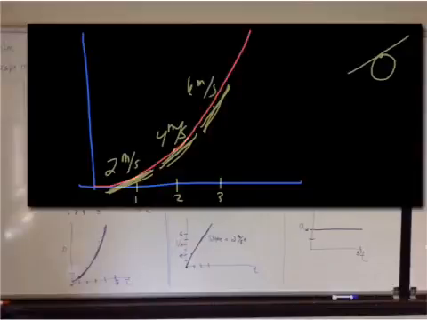Because we're dealing with uniform acceleration, which means that our velocity should increase at a constant rate. So my velocity is increasing 2 meters per second for every second that the object is in motion. So when that translates to a velocity time graph, we end up with a straight line. In this case, the slope is 2 meters per second squared,